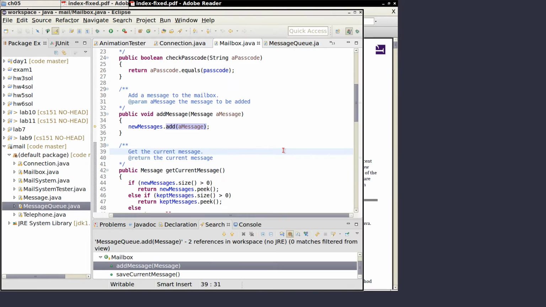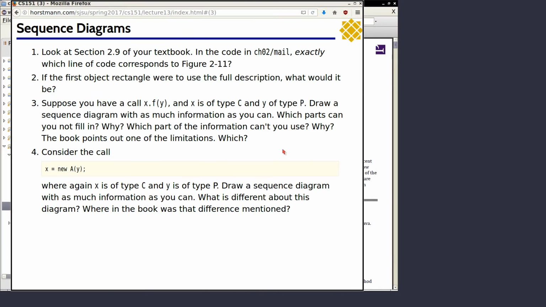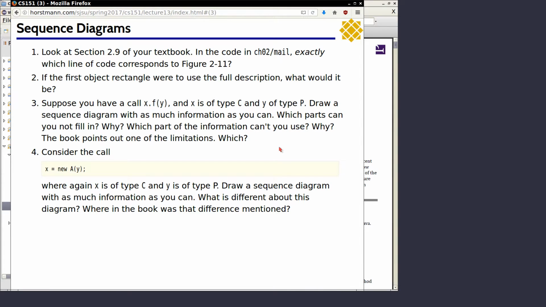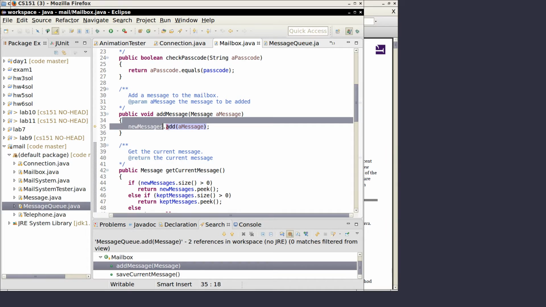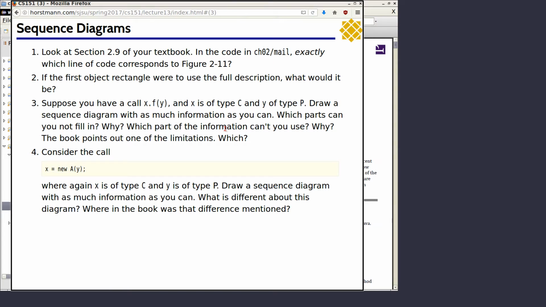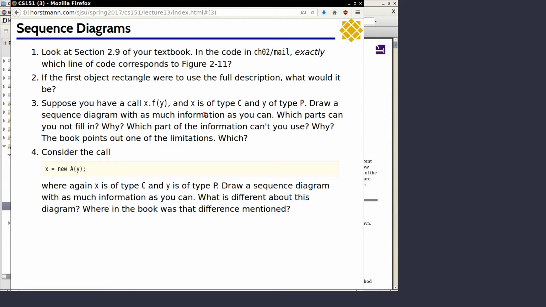All right, so let's get everyone on the same page with the first part so that I get you into the second part. It says here, which line of code corresponds to, and we just talked about which line of code that was. There was this line of code. And so the important part now is, in general, if you have a call x.f of y,